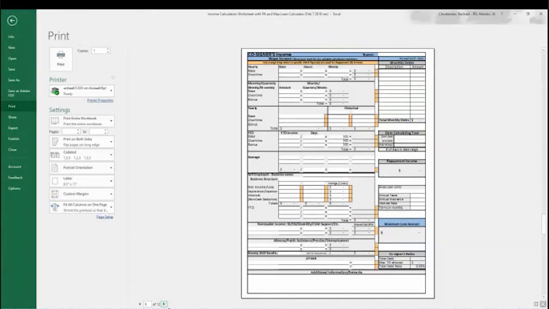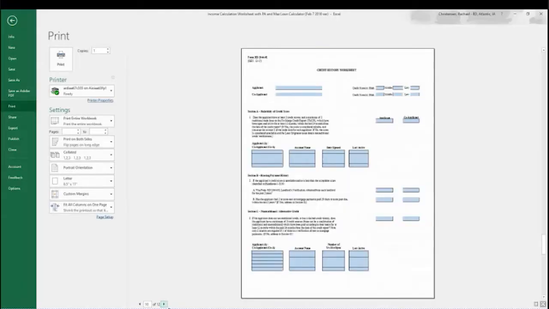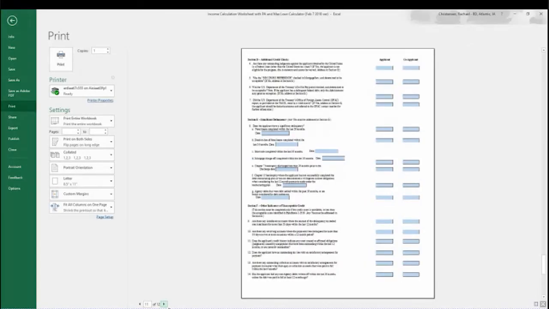There we go, see the cosigner page. And then lastly, Form 1944-61. And there are 3 pages of that. So hopefully this gives you a general idea of what the tool looks like as a whole.